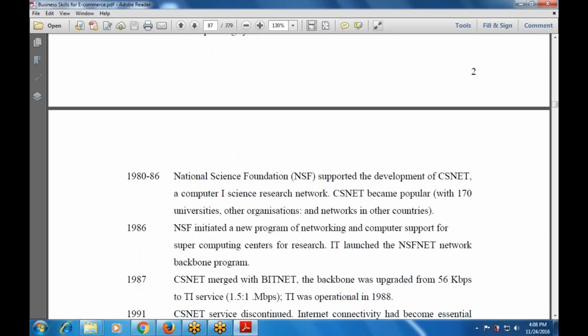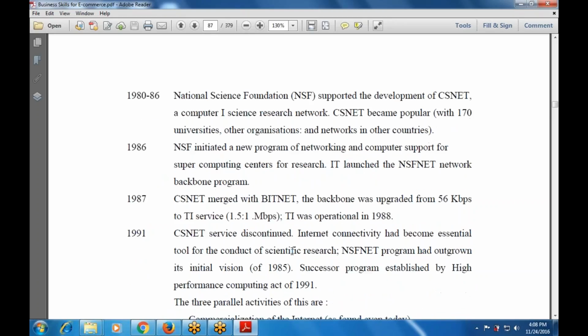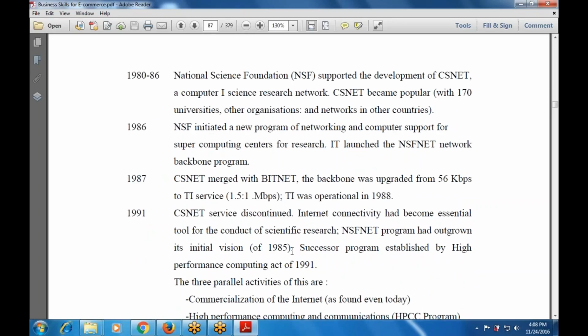In '86, this initiated a new program of networking and computer support for supercomputing services. In '87, CSNet merged with BitNet. In '91, this service was discontinued and internet connectivity became an essential tool for the conduct of scientific research.